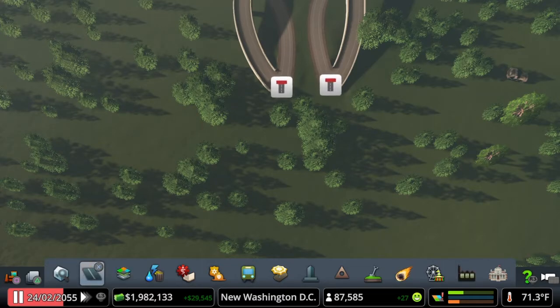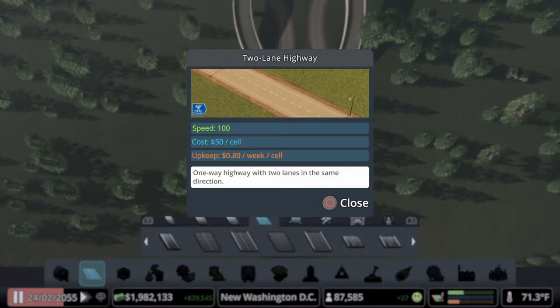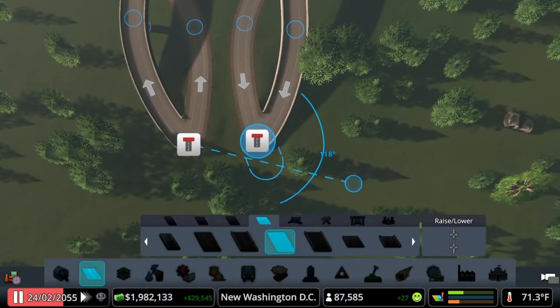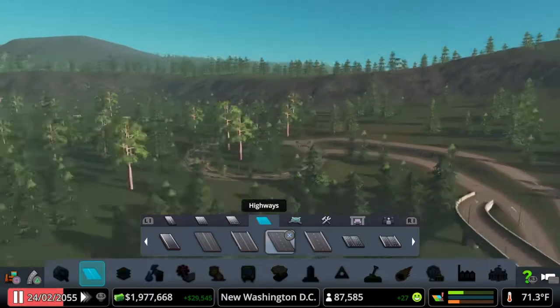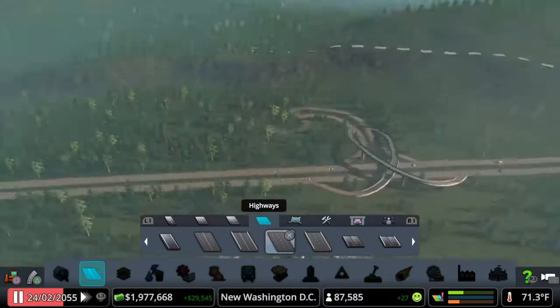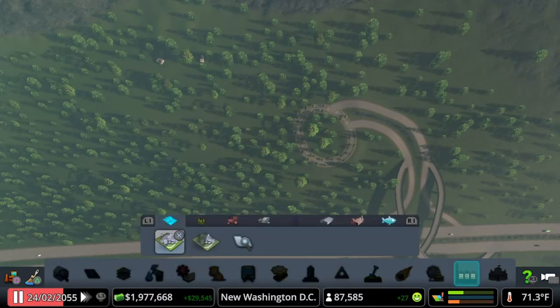So we're going to start by just doing a 2-lane highway, one-way direction on both, and we'll go to the curve tool, and we're going to bend this right around, and we'll leave it something kind of like that for right now, just to get the game started. We will definitely change that later because I don't like the way that it looks. However, let's go ahead and put down